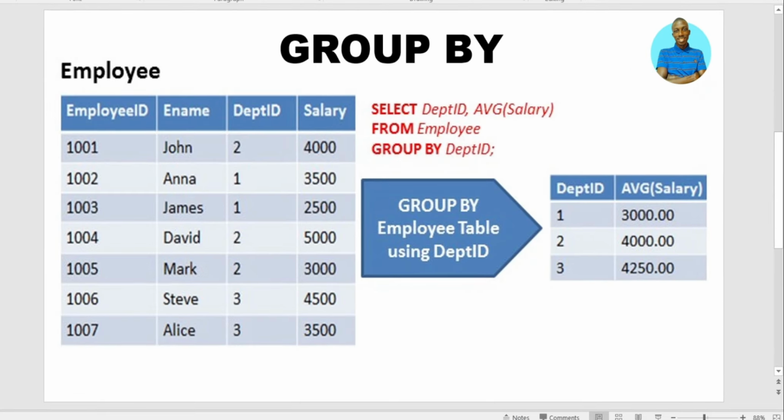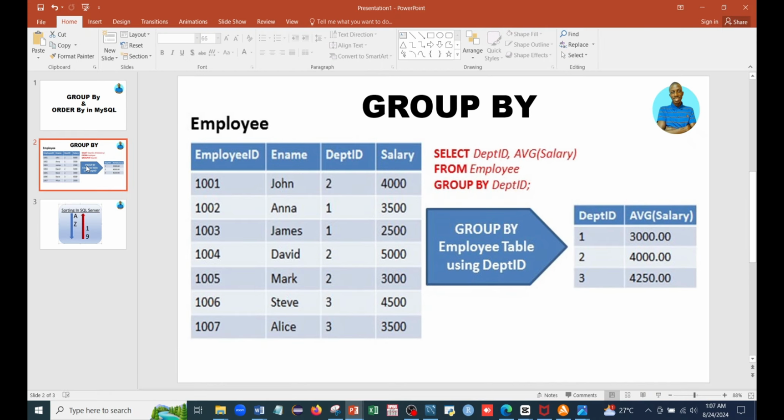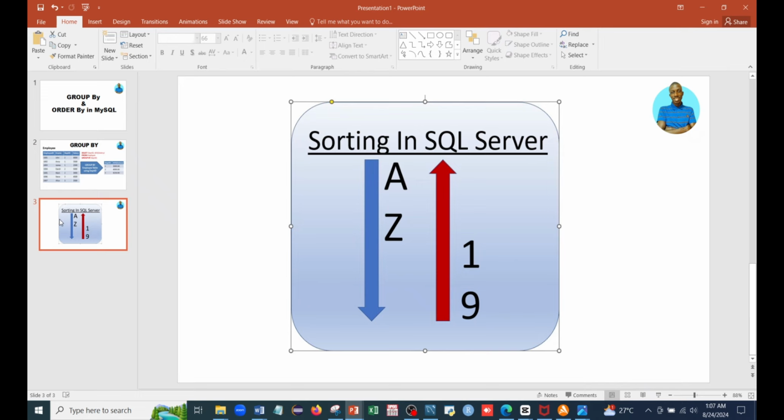First, let me talk about the GROUP BY clause. A GROUP BY clause is used to arrange identical data in groups, making it easier to perform operations like counting, summing, or averaging within these groups. On the other hand, there is the sort, which we call ORDER BY. The ORDER BY clause helps to organize the data, whether in ascending or descending form,